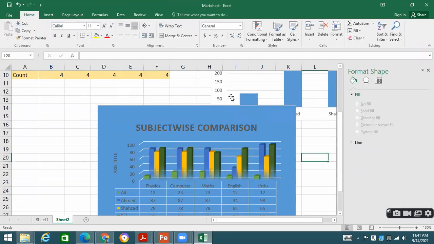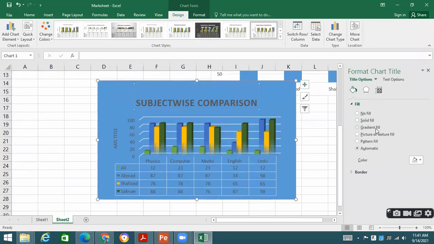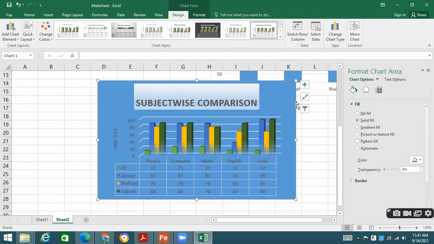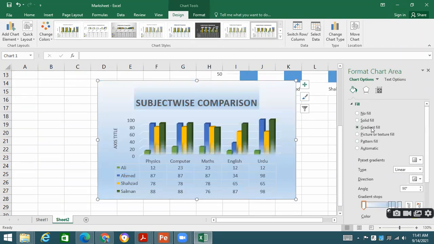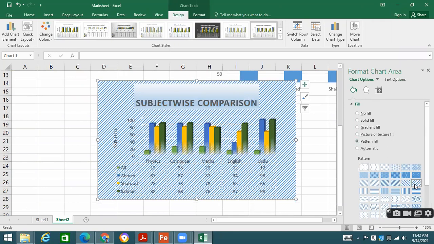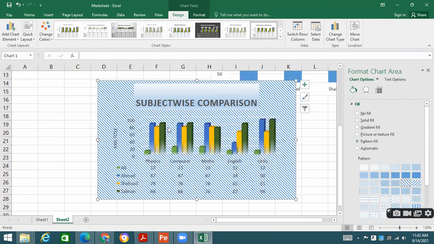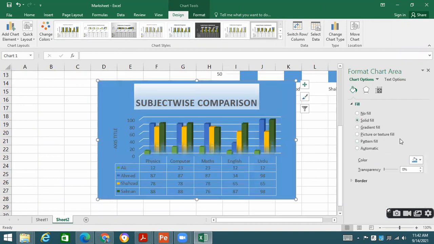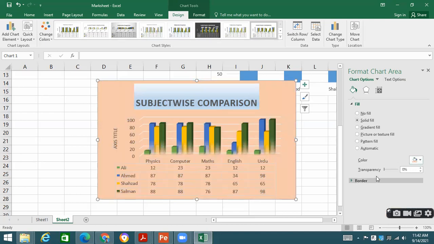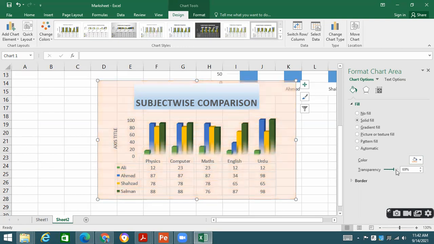See over here, this chart I am talking about. You can go to solid fill, you can go to gradient fill. You can go to picture background, or pattern fill if you want to give some pattern in the background. Dotted lines, lines, bars, any type of pattern you want to give as the background, you can give over there as well. If you want solid fill, go there and change the color, pink, blue, whatever color you want to give as a background. If you want to make it transparent, you can use this option to make it darker or lighter.